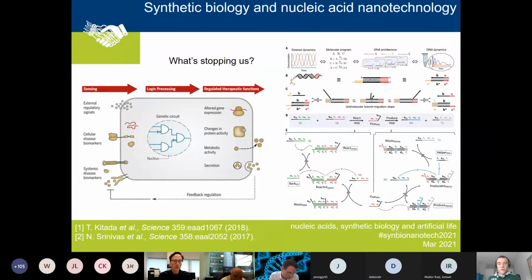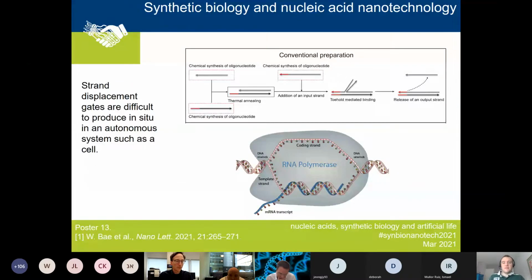Now, although there have been a number of impressive works published taking steps in this direction, we're obviously still quite a long way from implementing the sort of circuits such as from Eric's group shown on the right here in living cells, or even systems that are artificial approximations of living cells. And one question we had was, well, what was stopping us? And in the specific context of dynamic DNA nanotechnology, what I realized at this time was that the